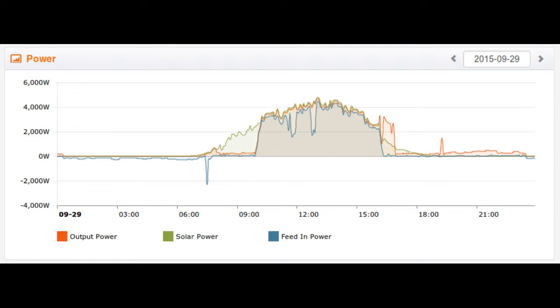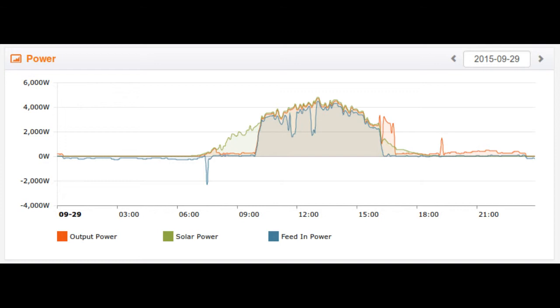So the inverter is taking some energy from the battery and some energy that's still available from the solar, and meeting the demand from the oven. And then obviously once the oven is finished, you see that red line drops back down below the green line. So now there's a small amount of solar energy being used to charge the battery up again, but it's only for a short period before the sun eventually drops